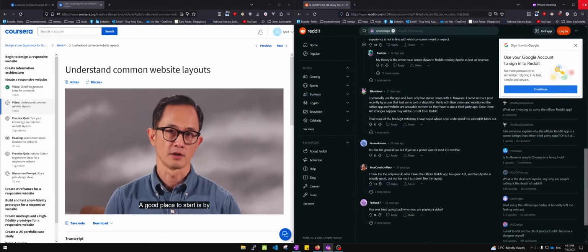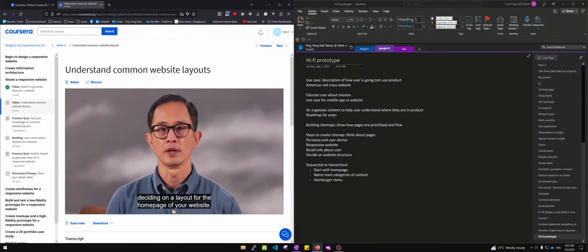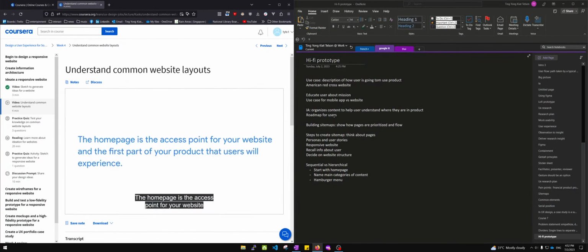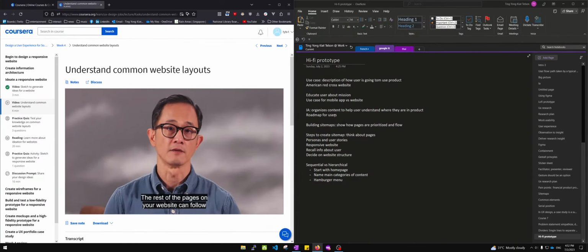A good place to start is by deciding on a layout for the homepage of your website. The homepage is the access point for your website and the first part of your product that users will experience. The rest of the pages on your website can follow a similar layout to the one you choose to use